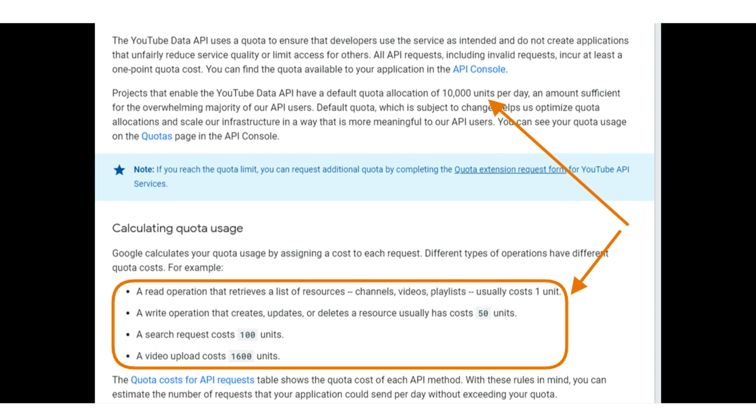In total, 10,000 points are issued per day, which can be spent on various API queries. That is, at best, no more than 6 videos can be uploaded via the API. We can ask for an increase in the limits, but we still face the same audit where I have already failed. To complete the task at least in some form, it was decided to try to fill in the videos manually, and then edit them by filling them with descriptions and names.